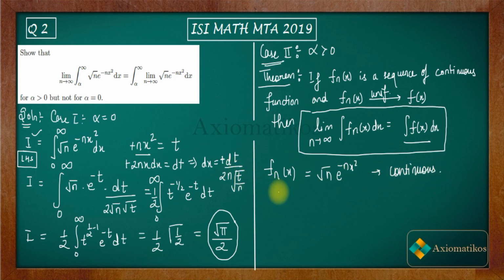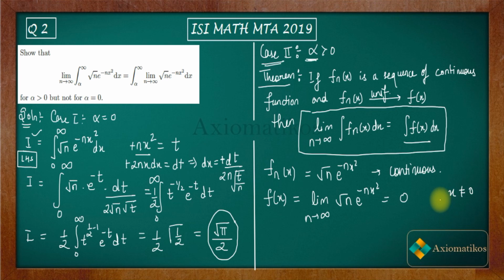Now let us try to evaluate your pointwise limit. So the pointwise limit will be the limit as n goes to infinity of root n e to the power minus n x squared. Now you know that alpha is greater than 0. That means if alpha is greater than 0, then your x cannot be 0. Alpha is greater than 0 means x is non-zero. Now because x is non-zero, therefore this limit you can write as 0, because right now you evaluated the limit for x non-zero. Are you getting my point?